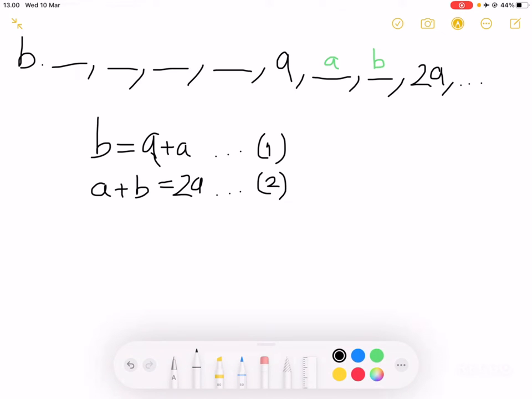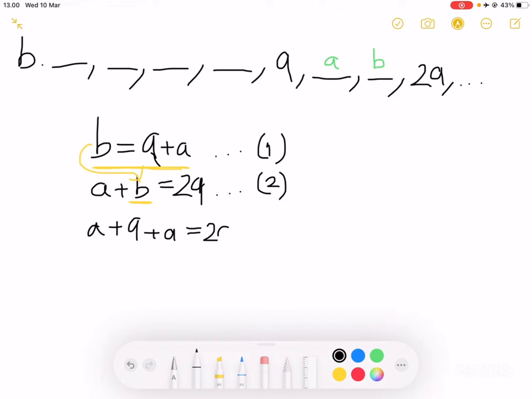So we have a system of two linear equations in two variables, and there's a pretty simple trick here, because notice that we have b here and then we have b expressed in a. So we can just substitute equation 1 into equation 2